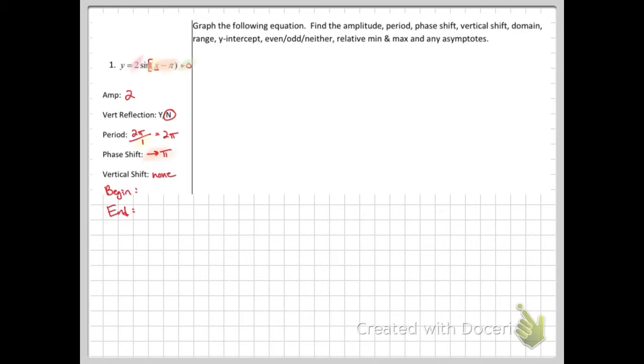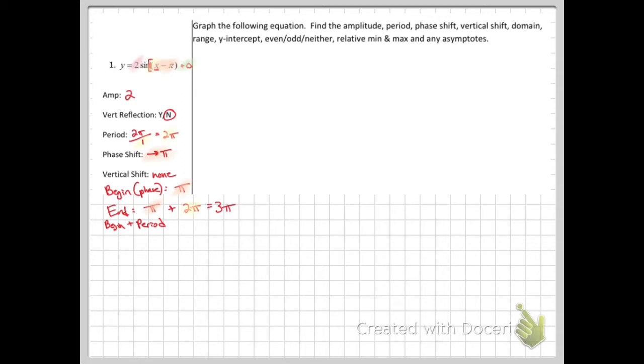So that beginning point is always, we should add it right here. It's wherever your phase lands. So since my phase is right pi, when you go to the right on the x-axis, that's positive pi. So my beginning point is going to be on pi on the green line. That came from the orange one. My end is always that answer, the beginning answer. Let's write this down here. Beginning and then plus the period. So it's that answer pi plus, and earlier we got an answer of 2 pi for the period. So it's going to end at 3 pi. So it's that orange plus the answer to yellow